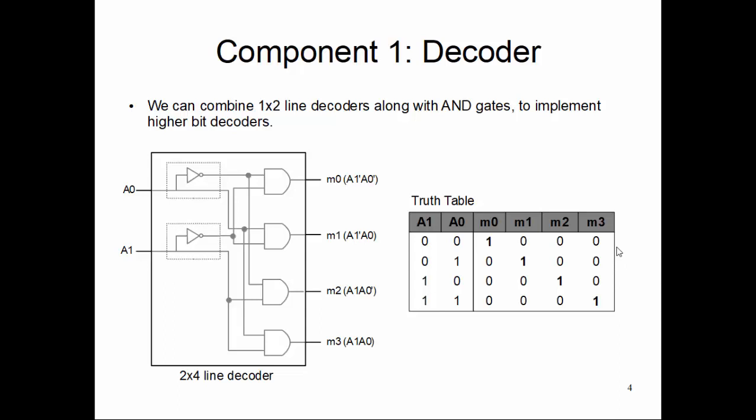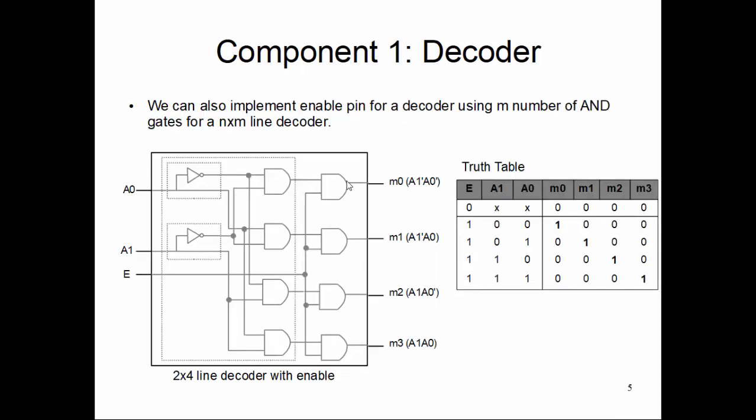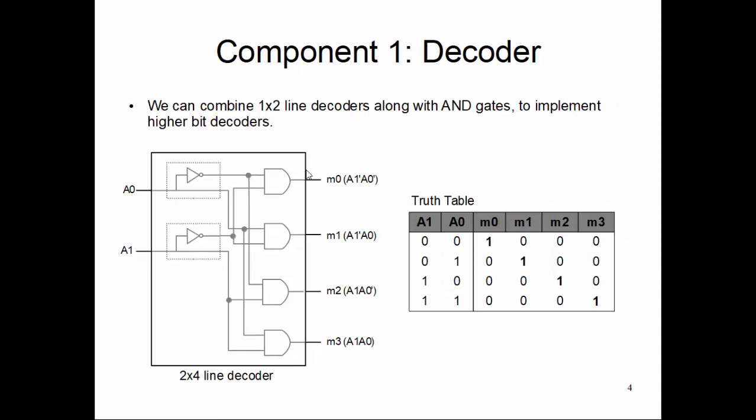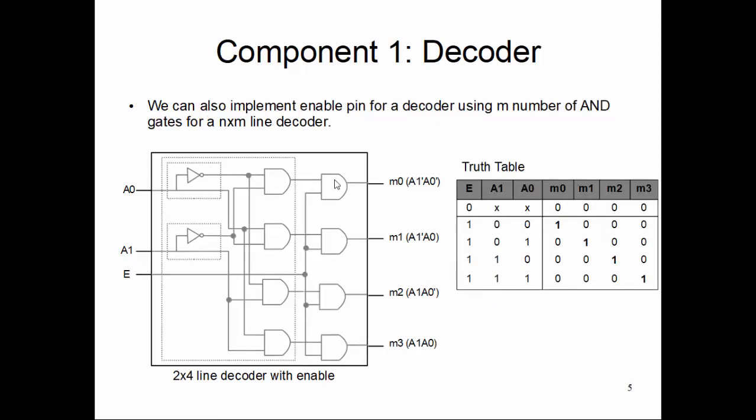what we do in that case, we deploy another set of AND gates. So if you see the outer, big dotted block, big partition I would say, that represents the decoder from the previous page. Then each output of that decoder is run through another set of AND gates with the other terminal connected to a signal called E. E stands for enable. What happens if E is 0? Since 0 is the controlling value of the AND gate, for an AND gate, if any one of the terminal logic is 0, the output is 0, no matter what the